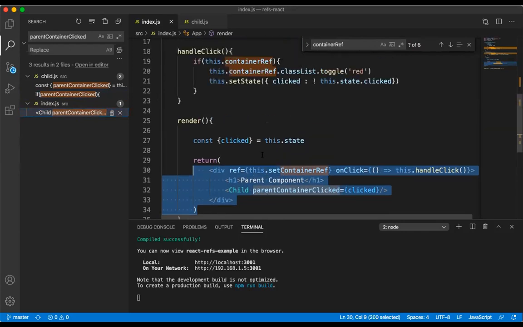So it is referring from one component to the other component, and it is bringing those styles to the parent component.